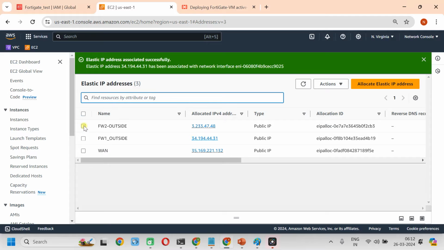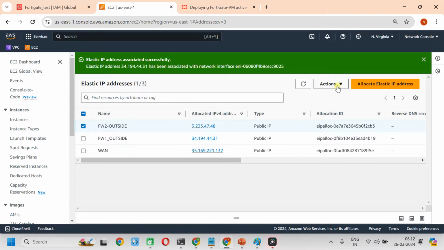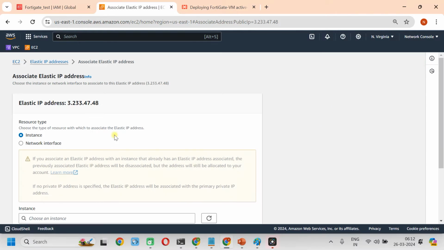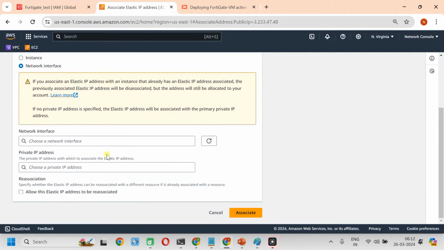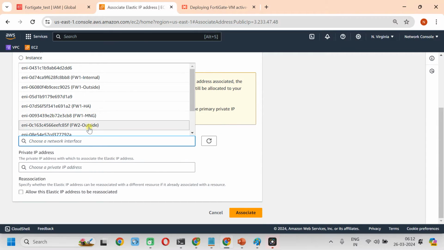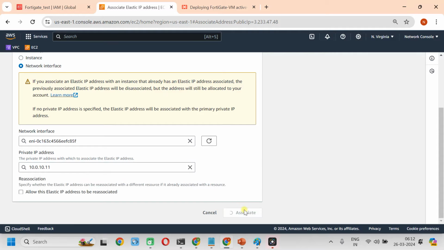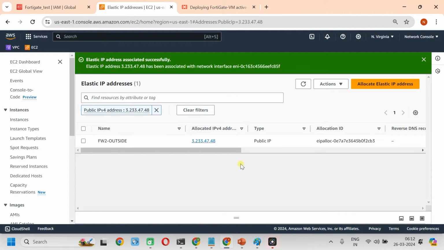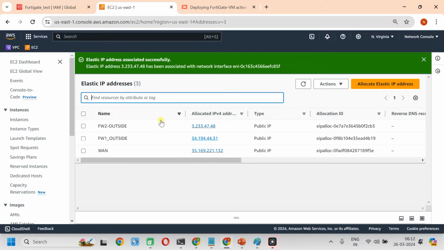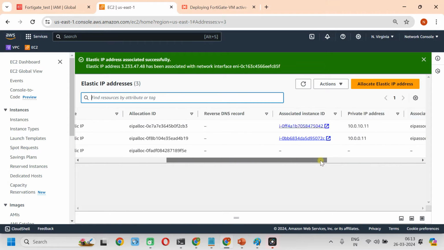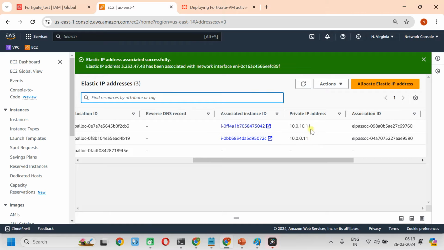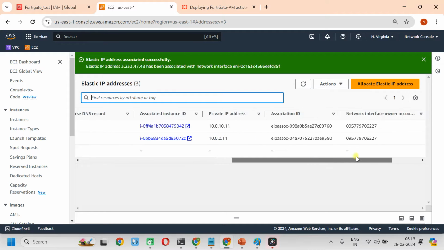Close this, and firewall 2 outside interface. Associate, network interface, firewall 2 outside and the primary IP address. Okay, so 2 IP addresses are assigned to the primary IP address of the outside interface of firewall 1